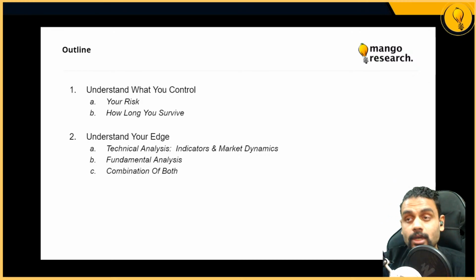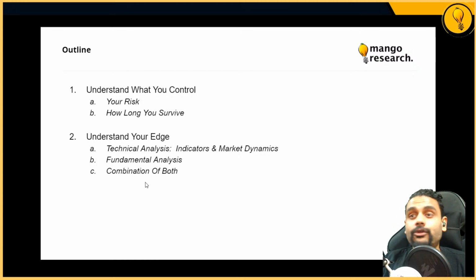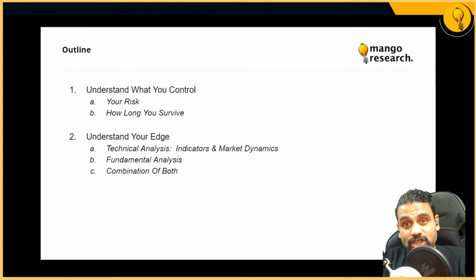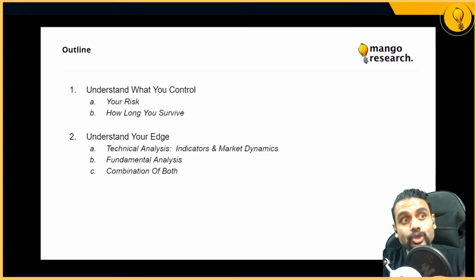information asymmetry. So your edge may stem from technical analysis indicators, may stem from fundamental analysis of you understanding things that other people don't, or it could be a combination of both, which is how I trade. And sometimes your edge could be something as simple as, you know what, I'm going to outpatience the market. I'm going to outdiscipline the market. That is edge, guys. That is edge. You combine various aspects of edge together to have a stronger edge on the market.